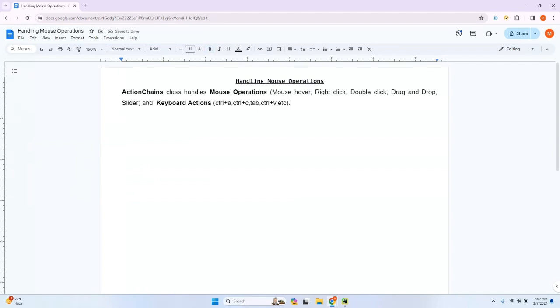If you see here, mouse over, right click, double click, drag and drop, slider, scrolling the page, or different types of mouse operations. Even I can say double click. And